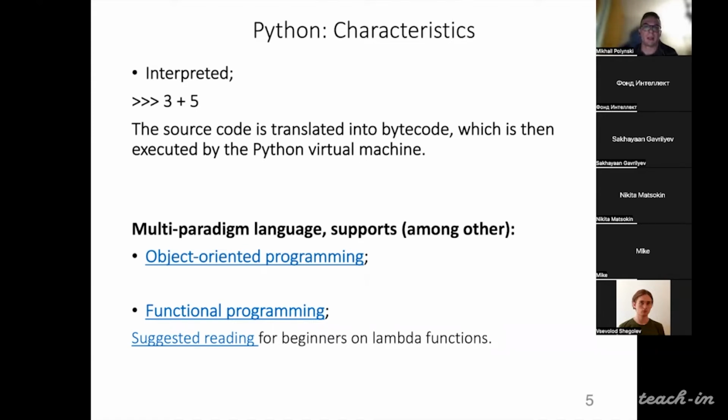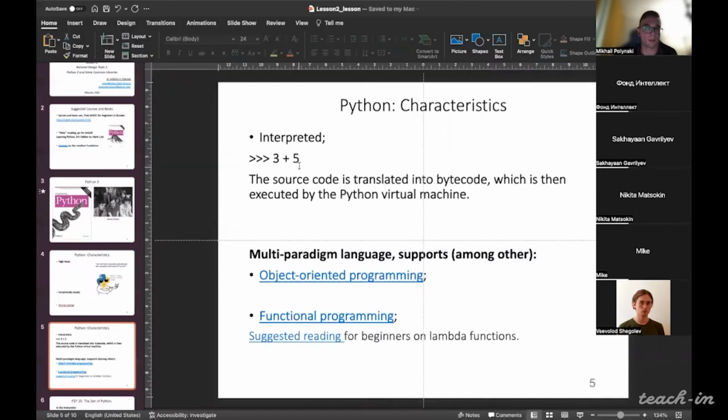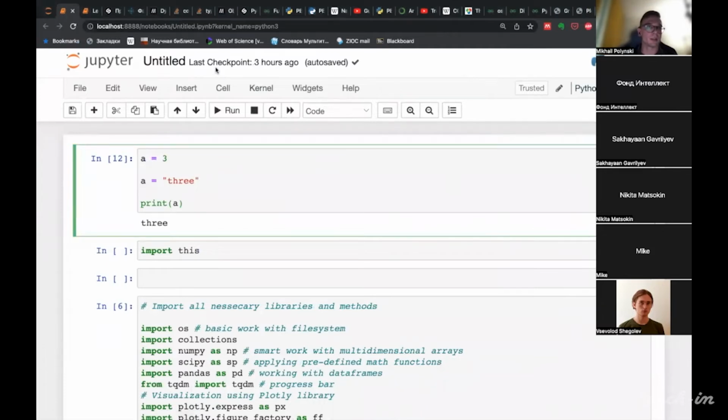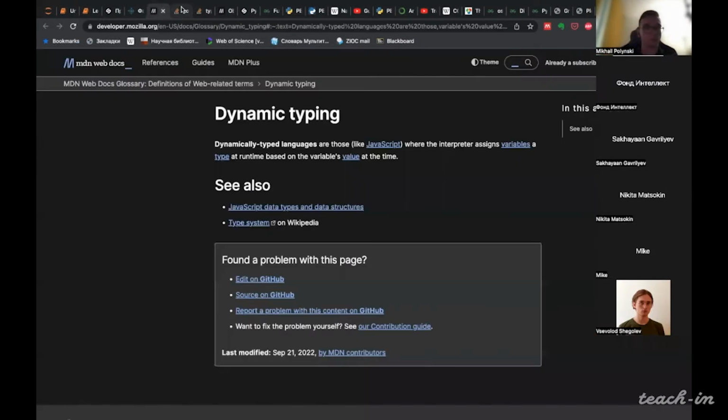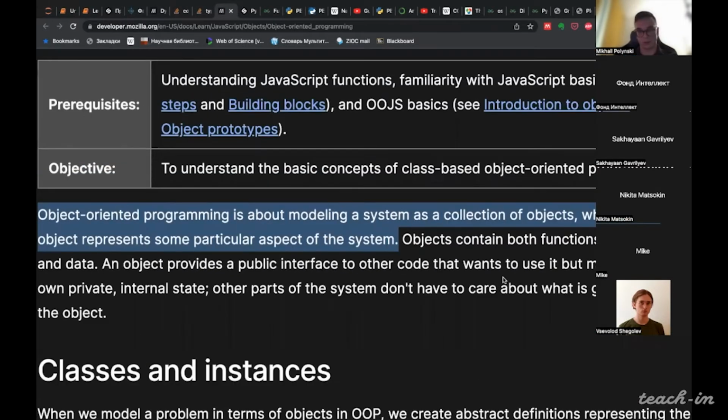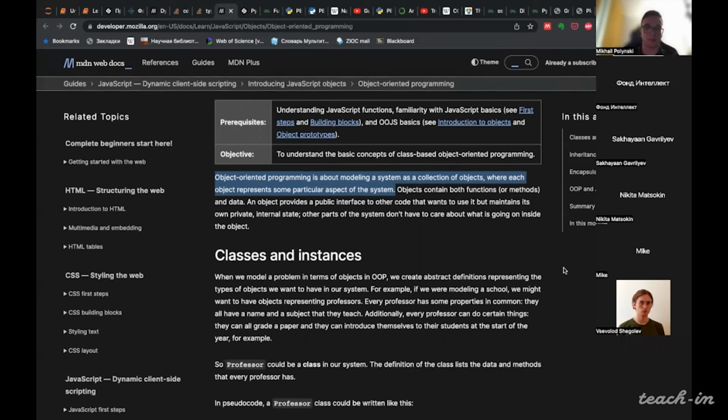We won't discuss object-oriented programming in detail, but I suggest for those of you who are new to programming to at least search some links about what object-oriented programming is.